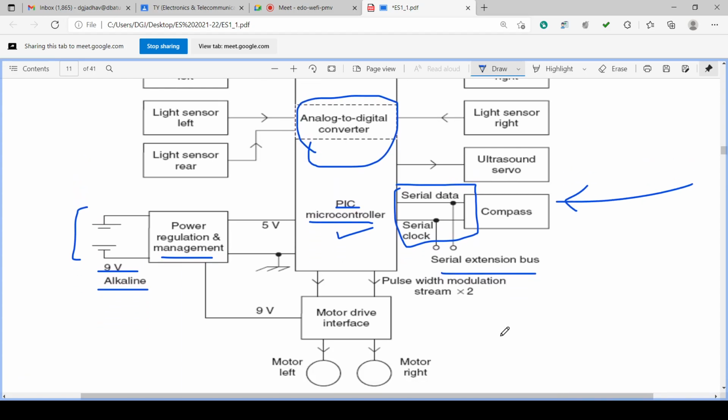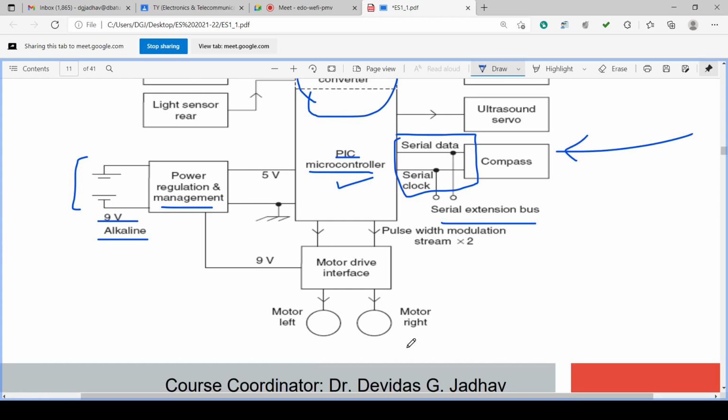Now, if the embedded system is having some movements, then motors are required. What are the movements required? Suppose a robotic buggy is there. Then the robotic buggy will have some wheels on which it can move. So there is a requirement of motors. Okay, motors are required for that. So motors are there, and to drive that motor, a motor driving interface is required. Why is the driving interface required for the motors?